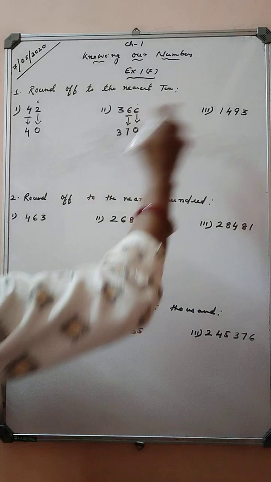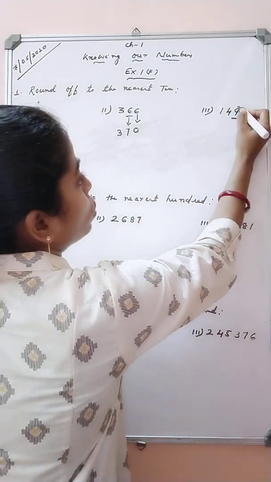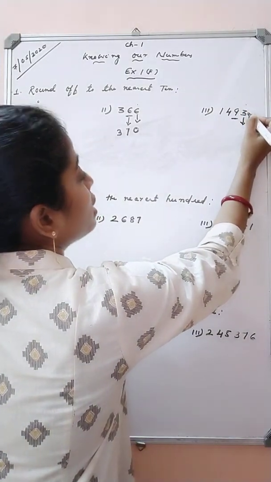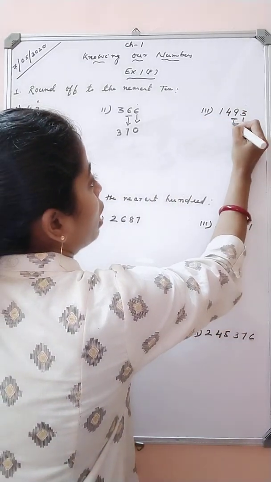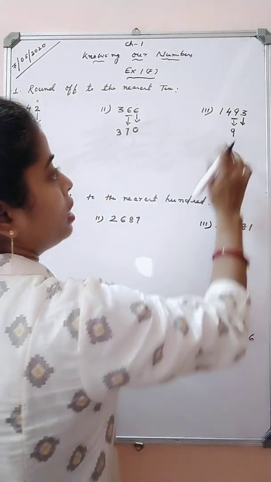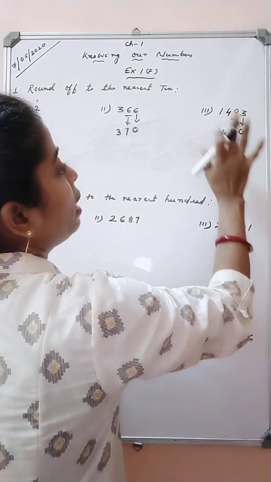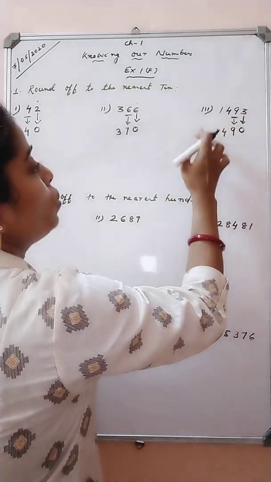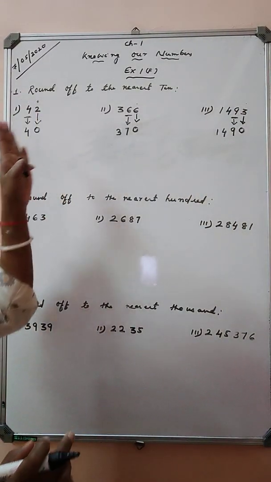Okay. Now let's see the next question. Ones, tens. This is our rounding place. So let us see the digit at ones place. The digit at ones place is 3, means it is less than 5. So our number will be rounded down. So 9 will be 9 only. No need to change. This will be replaced by 0. And this 4 and 1 will be written as it is. So 1493 got rounded to 1490. I think this is clear to you, students.